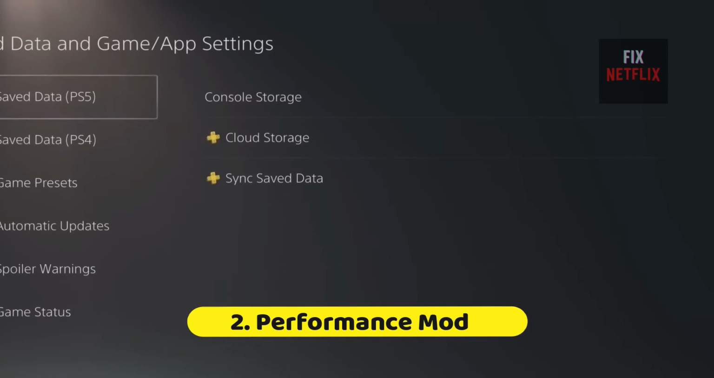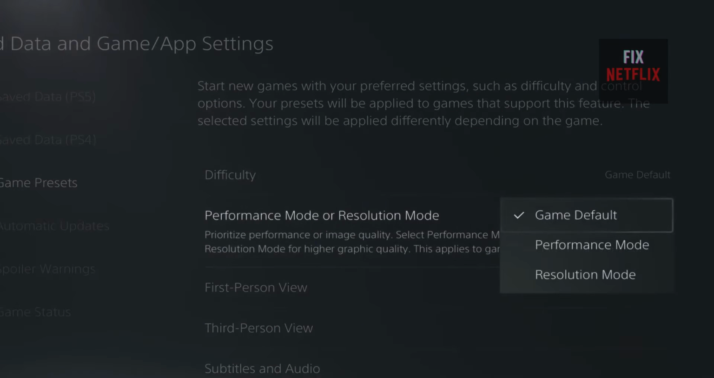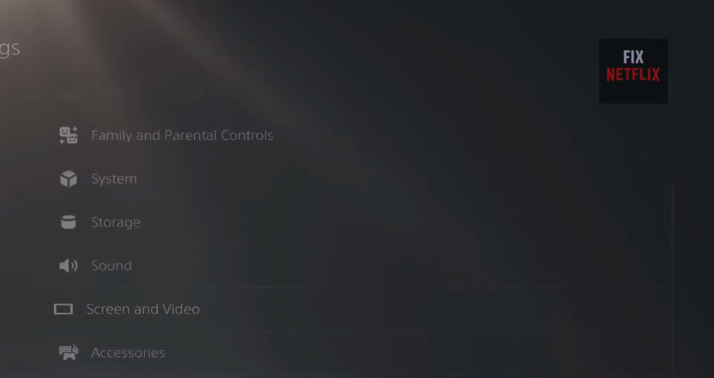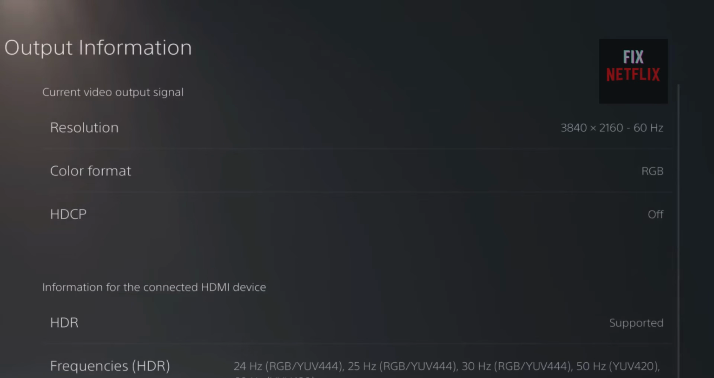Step 2. Go back to Settings. Choose Game or App Settings, then Game Presets, and switch Performance Mode from Game Default to Performance Mode. And that's it. If your TV or monitor supports refresh rate 120 times per second, your PS5 will automatically enable